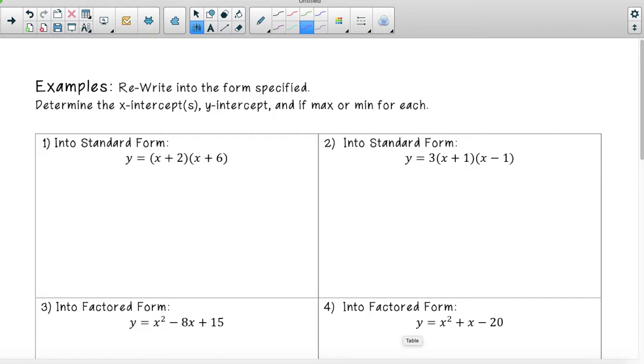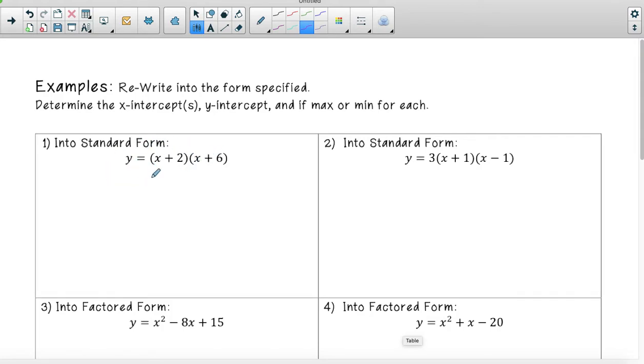This video is on factored versus standard form of quadratics. We're going to do some examples of rewriting into the form specified. Then we're going to determine the x-intercept or x-intercepts, the y-intercept, and if it is a maximum or minimum for each of the problems. The first question asks us to write it into standard form, which means that the original